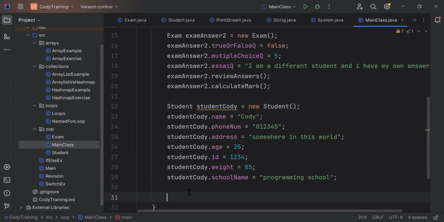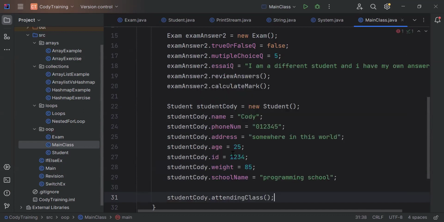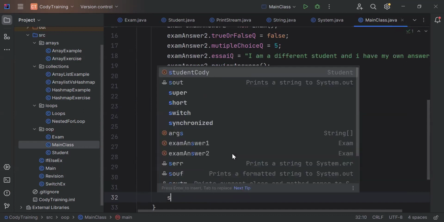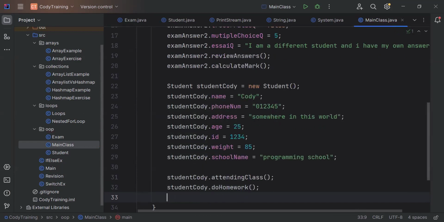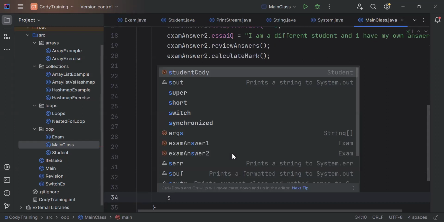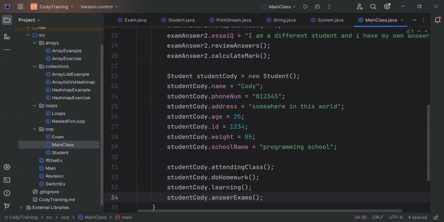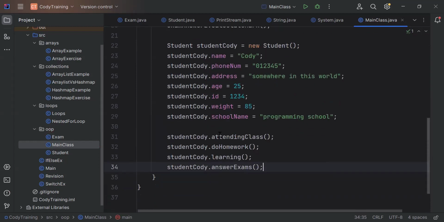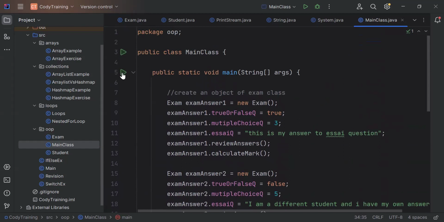Okay. Now we can call some of the functions inside studentCody. So here studentCody dot attending class, studentCody dot do homework, studentCody dot learning, studentCody dot answer exams. No, that's enough for me. So here, if I run this program,